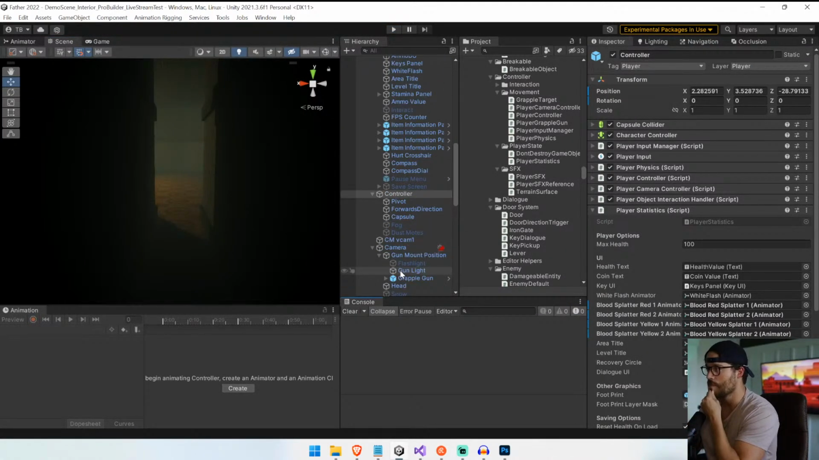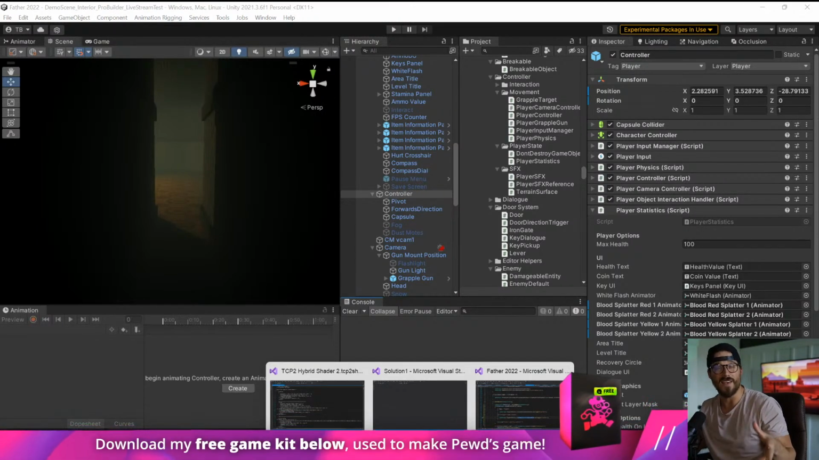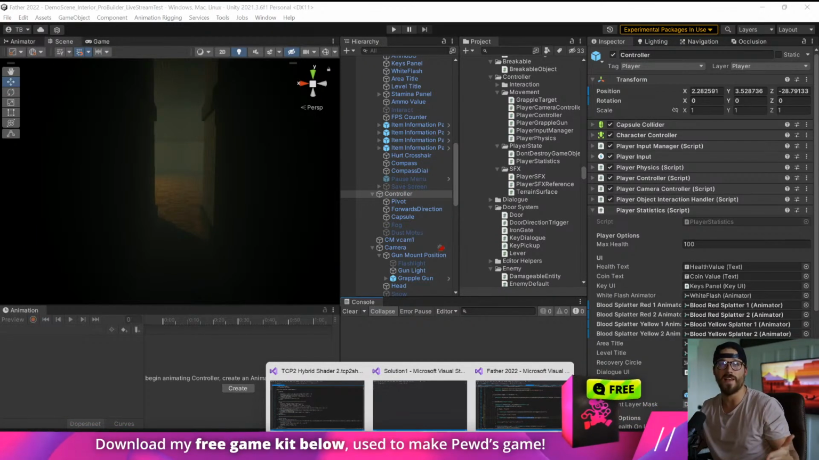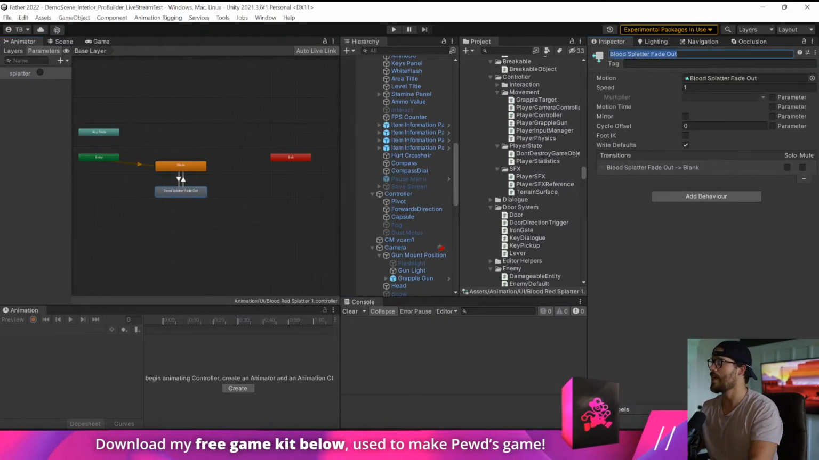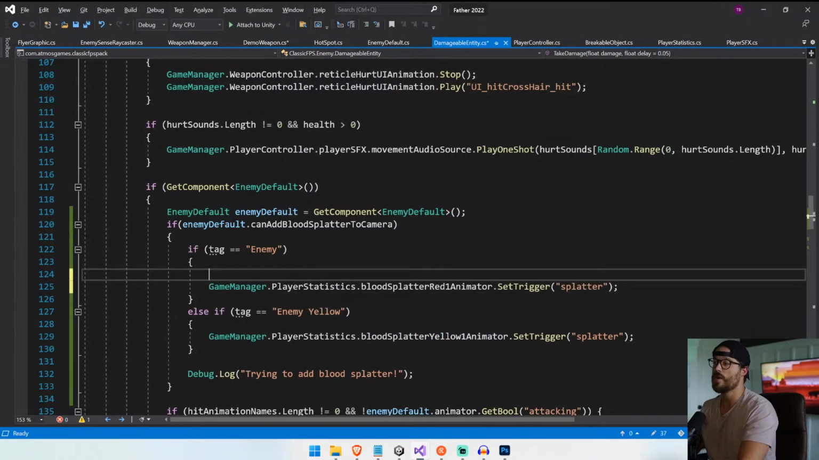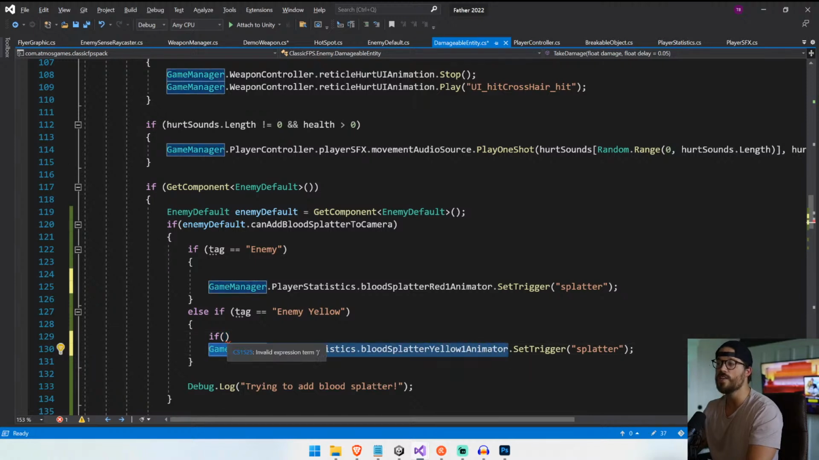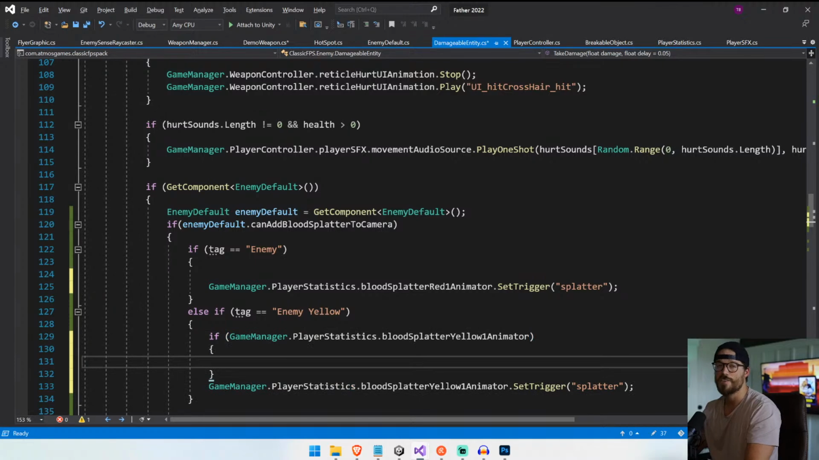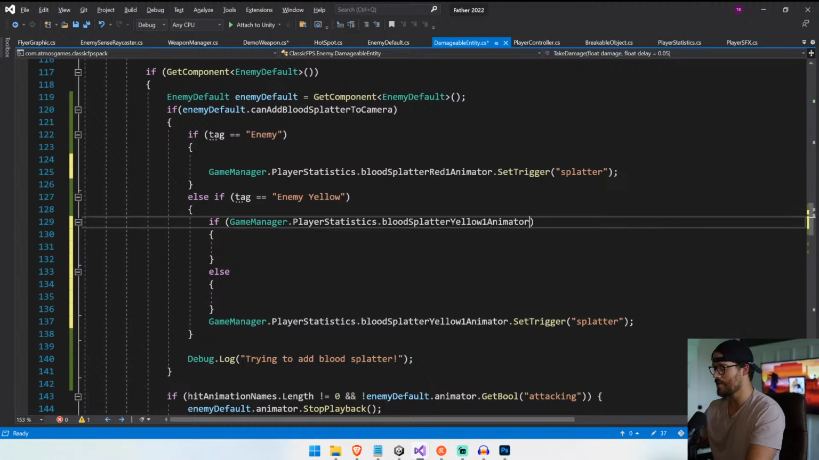Okay, what's next? Oh, let's take a look. We need to see if the animator is playing, or the current animation name, how to determine that. Blood splatter fade out. So we need to check the name, I guess, of the animation. So it is playing, maybe. Let's try it out. We're going to just do the condition here first. If, and this is why we did 2, guys. I know we could do a for loop, but it's just 2, all right? So if blood splatter yellow animator dot is playing,